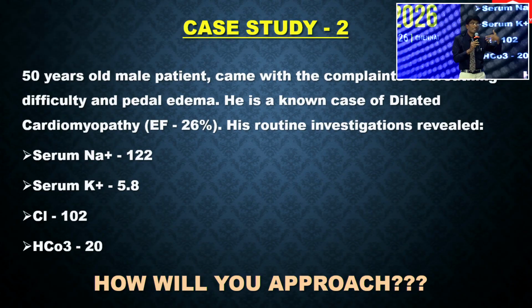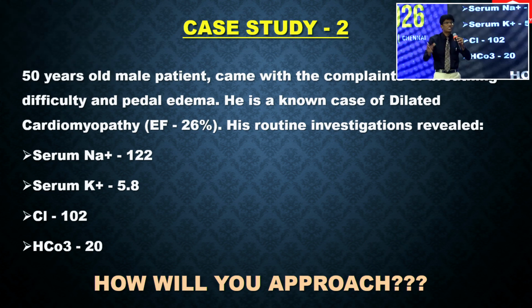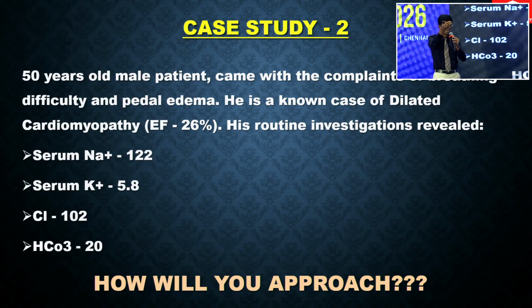So rather than focusing on replacing the sodium, if you find any patient with hypervolemic hyponatremia in a volume overloaded state like chronic renal failure, nephrotic syndrome, decompensated liver disease, or cardiac failure, you remove the excess water, and sodium will automatically get back to normal. Remove that excess water with loop diuretics, and your sodium concentration will get back to normal. Then another important point: in most of the hyponatremia, even though we say